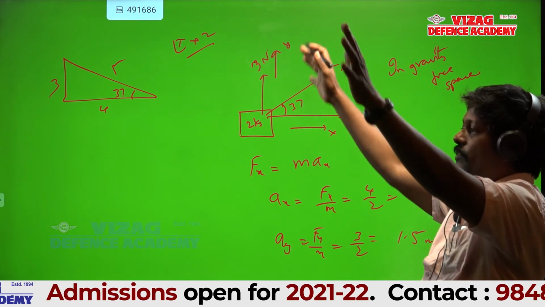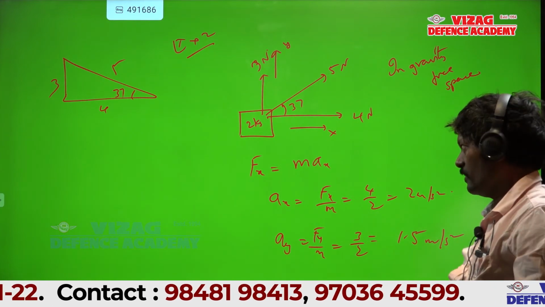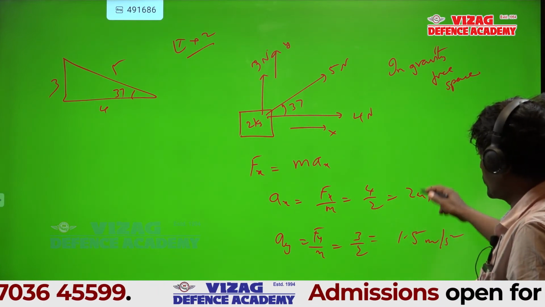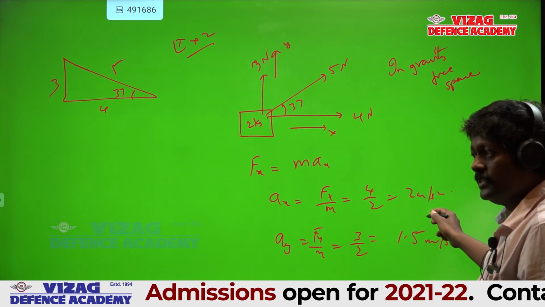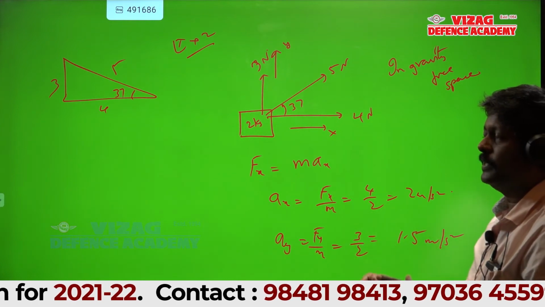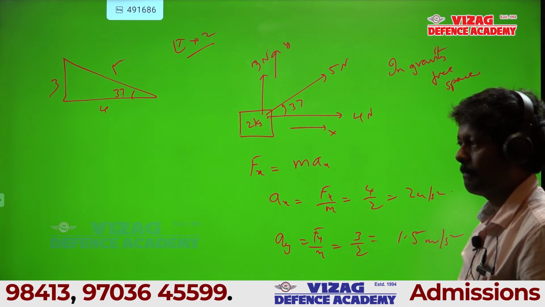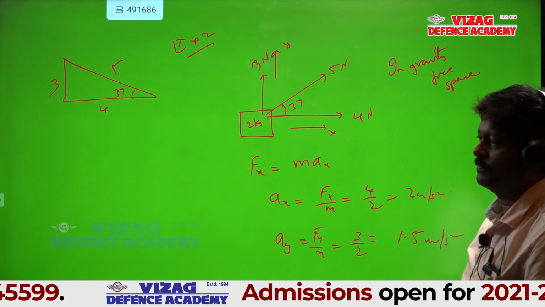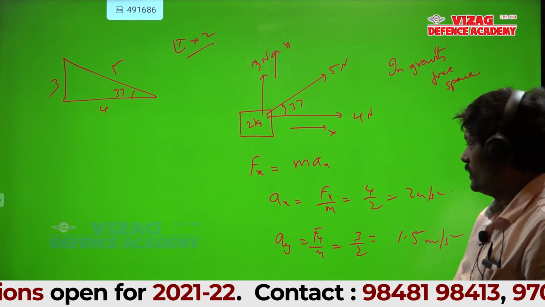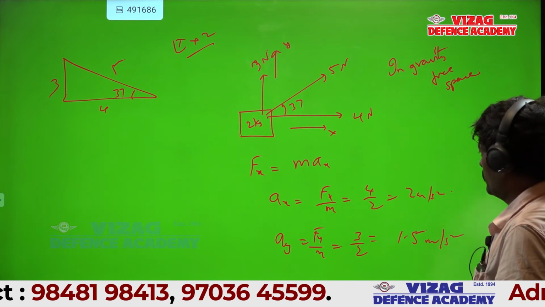Now if a body is resting on a surface, then normal and gravity are acting. If it is not resting, they are not acting. That's all. And the body has two accelerations here. It is moving in the x direction as well as the y direction. So we made the problem easy. If a body only moves in the horizontal direction, then acceleration is 2 meter per second square. That is the first case, when it is resting on the surface. In the second case, the body has two accelerations, one in the x direction, one in the y direction. Okay?